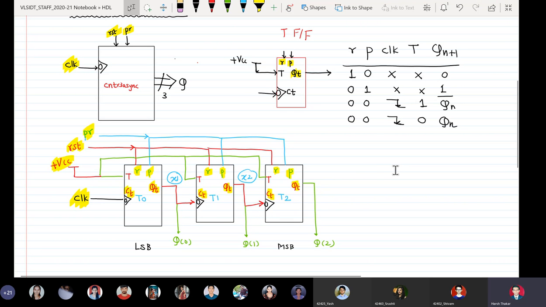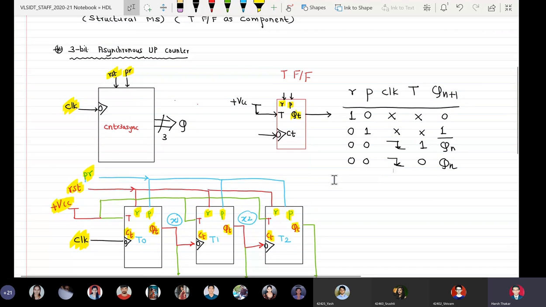Now here there is something which I'm purposefully not writing. Now the question comes that although we have learned many examples of structural modeling style, whether it was full adder or 4-bit binary adder, we never had any of the inputs connected to 1.